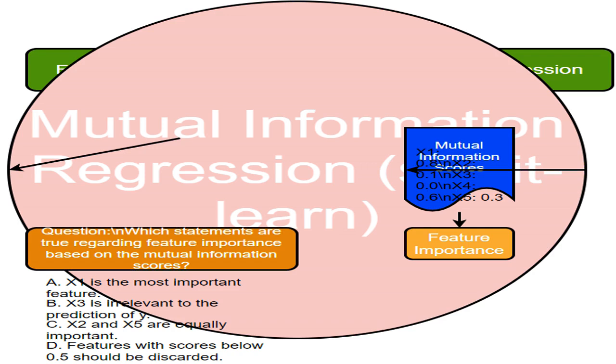This helps me understand the relationship between each ingredient, feature, and the overall taste, target. It measures how much knowing the value of a feature helps in predicting the target variable. The output of my